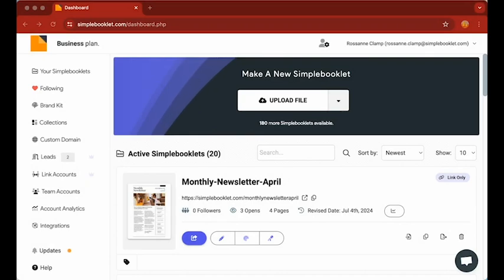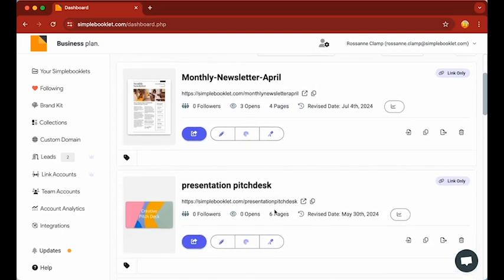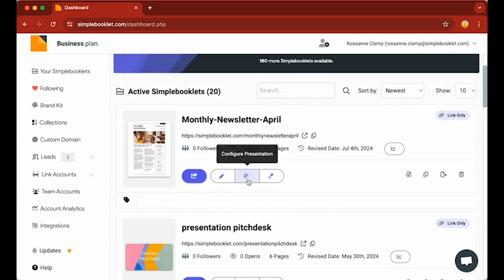Hello, I'm going to walk you through how to adjust the sound on your page flips in Simplebooklet. So the first thing you're going to do is log into your dashboard and then select the Simplebooklet you'd like to work with, and then go to Configure Presentation, and that's represented as the Painter's palette at the bottom of